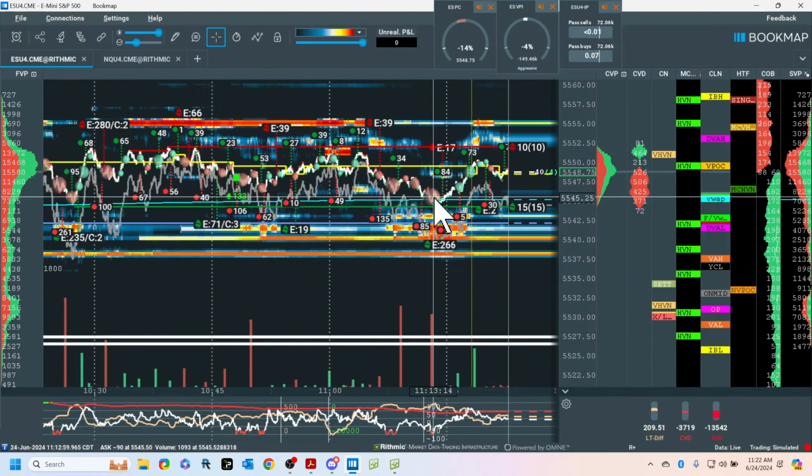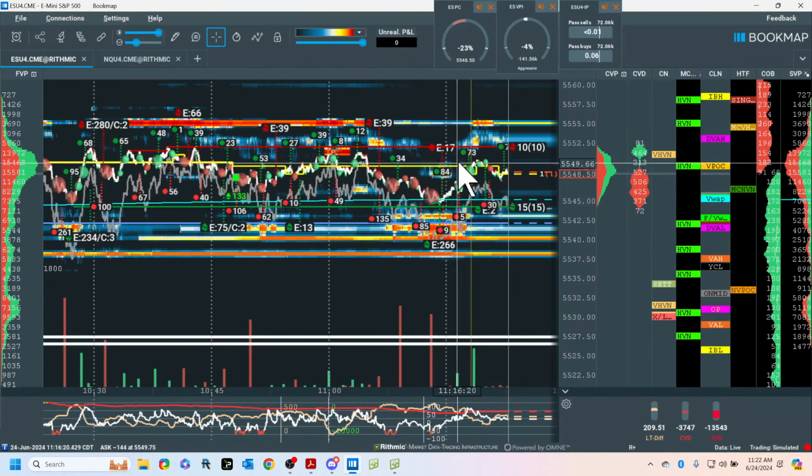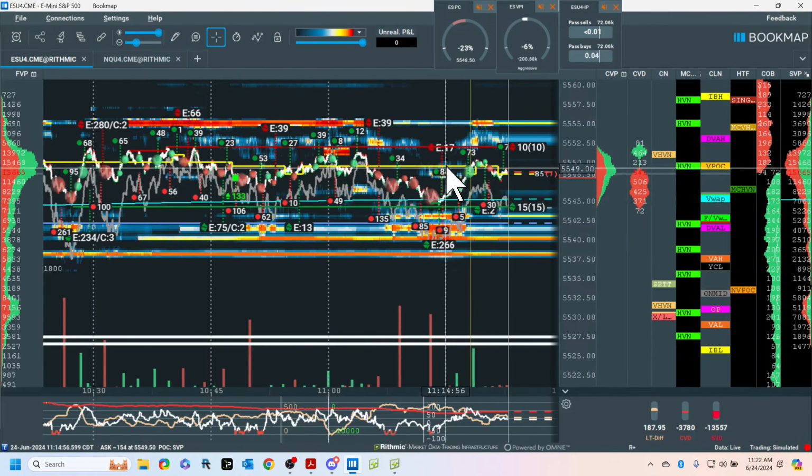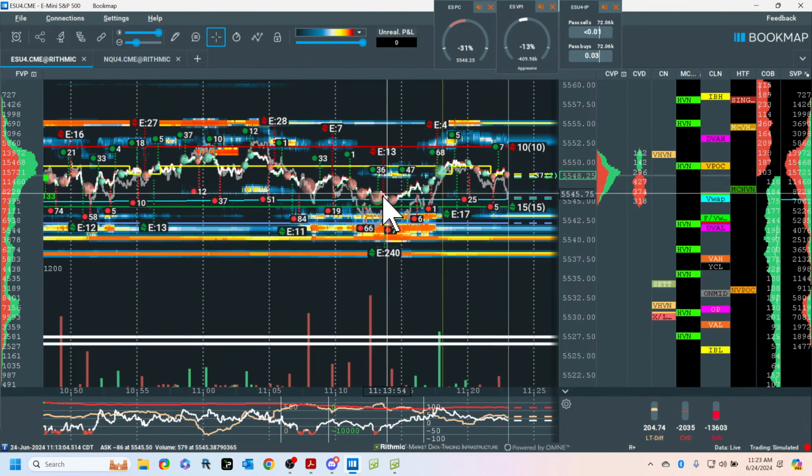Because look at these sellers here. And where do we come back? VWAP. And where does the market tend to go? Here. This is mean reversion in a fractal. So this is a long to here. Now, you have to have enough range for this, you see. And range isn't from where you see this.